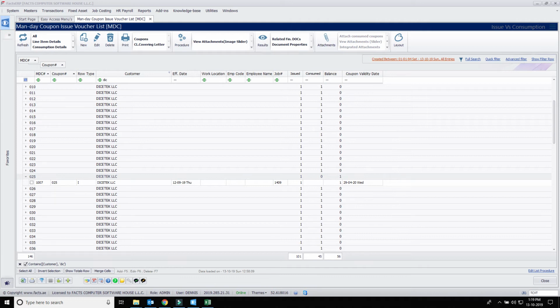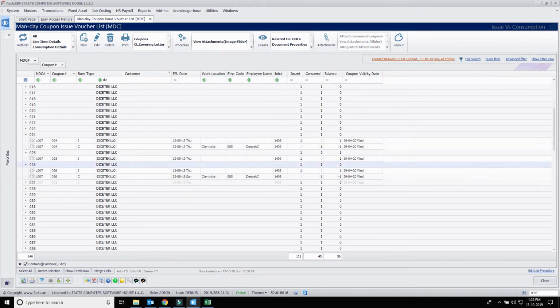Right? So this is what I am trying to show you. This is a mistake, meaning this total consumption which is reported is wrong, because it's not 45. So now you can investigate what went wrong. We can investigate easily because we can see here that 24 was collected on 22nd August and coupon number 26 was collected on 25th. Correct? So here now Friday and Saturday, Sunday coupon is missing.